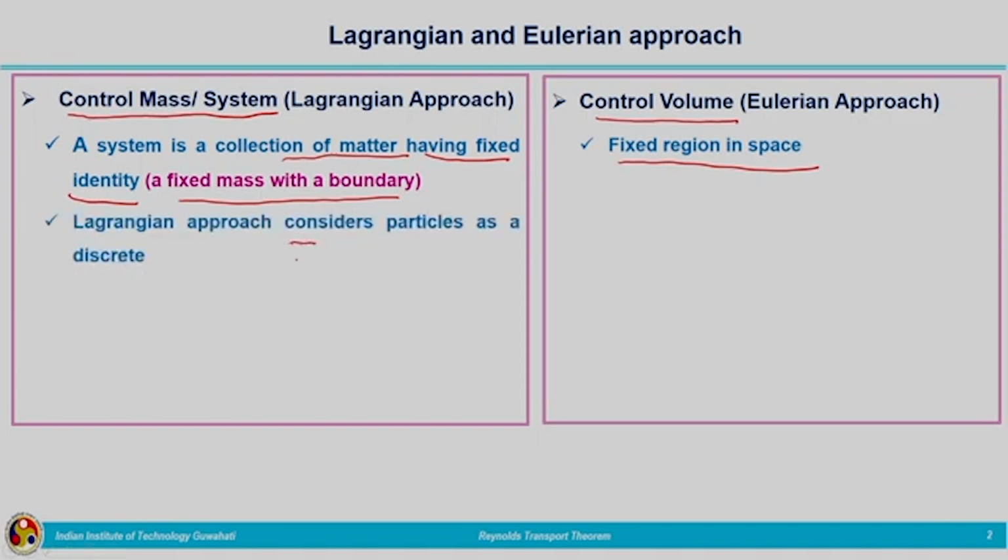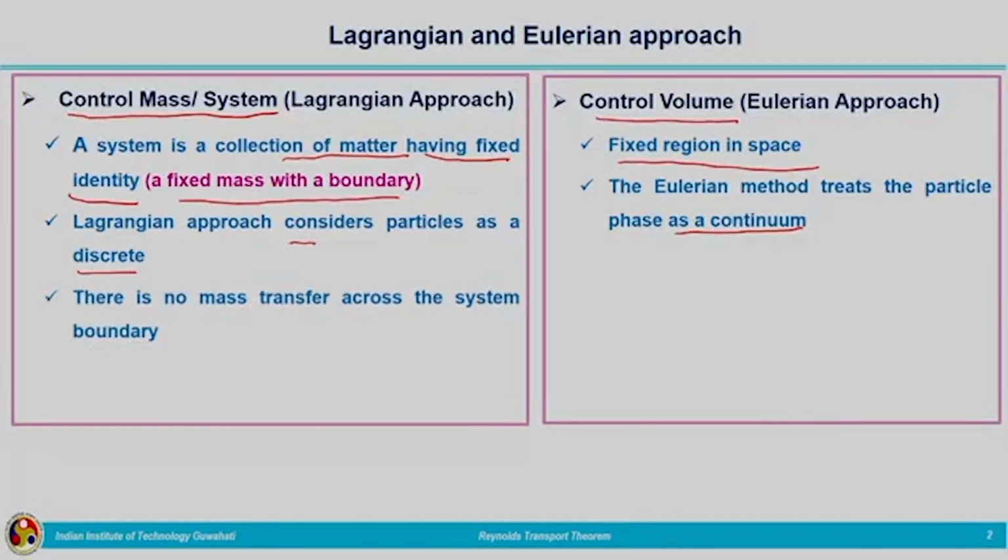In the case of the Lagrangian approach, we consider particles as discrete, but in the case of the Eulerian approach, we are considering the fluid phase as a continuum. That is, in the case of Lagrangian, we are considering the particle as a discrete particle. It may be a number of particles together or a single particle. So, the mass of the fluid matter which is considered is not going to change in the case of the Lagrangian approach. But in the Eulerian approach,